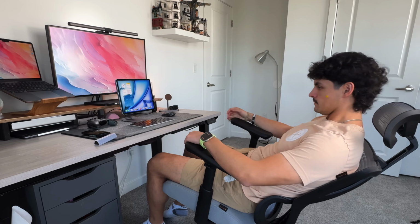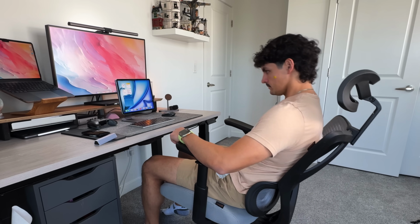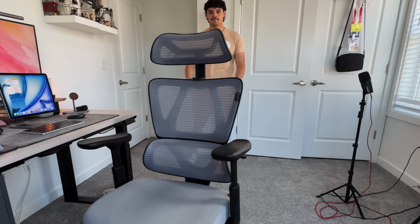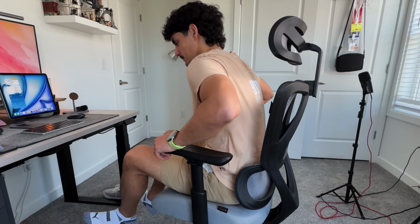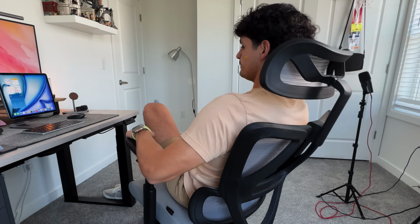So ProtoArc has been able to give a bunch of value at that price point for desk chairs, and honestly, the fact that it's a little bit more lightweight and the build materials probably aren't like metal and things like that, it makes it easier to move around on carpeted areas. Like, for instance, in my office, we do have carpet, so normally with those more expensive, heavier set chairs, it's a little bit more tedious to move that chair around. So this one is very easy to move around, holds up weight easily, and like I said, it has lumbar